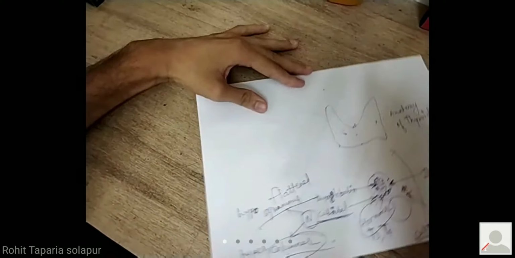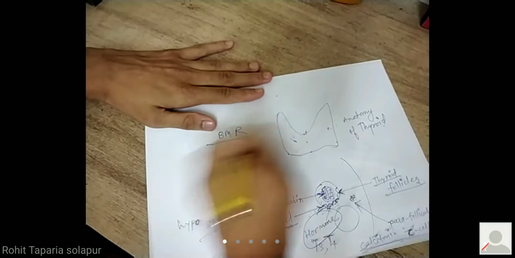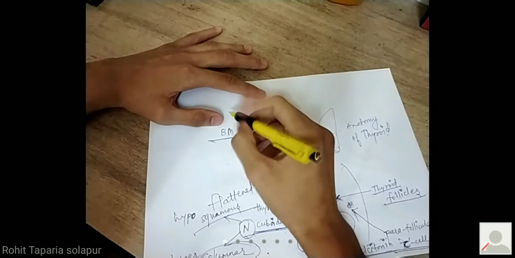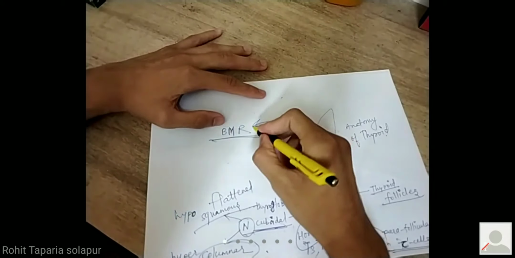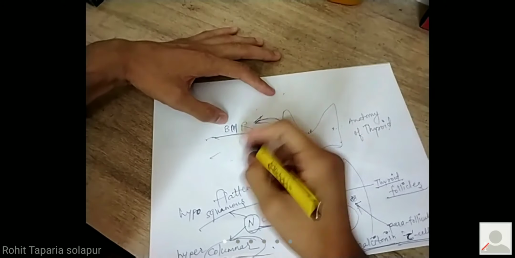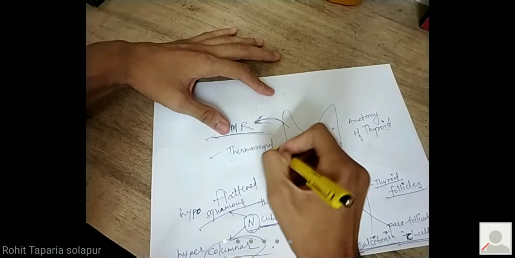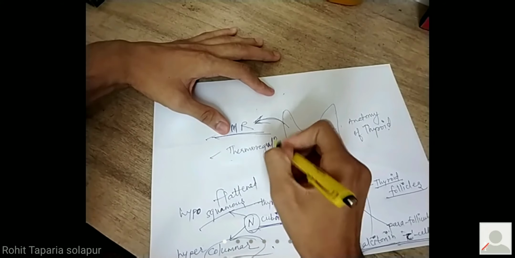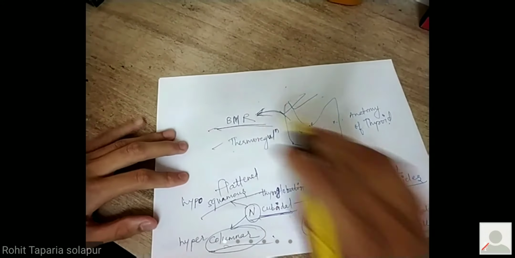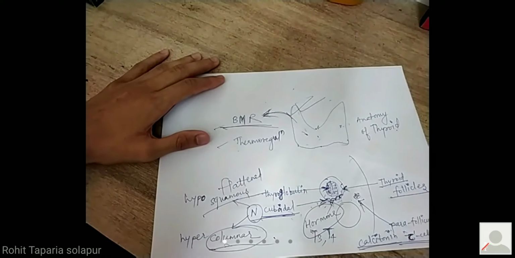Okay, one very important function is BMR, that is basal metabolic rate. जो प्रत्येक सेलचा एक बेसल मेटाबॉलिक रेट आहे तो मेंटेन करणारा कोण आहे तर थायरॉइड ग्लँड आहे. How and all, that is a different story. It's again a big discussion. I'm not going into details of that. One another function is thermoregulation as well. Though the master gland, that is the hypothalamus, is responsible mainly for thermoregulation, yet this is also important. Okay, these are the two very main functions. There are other functions as well.